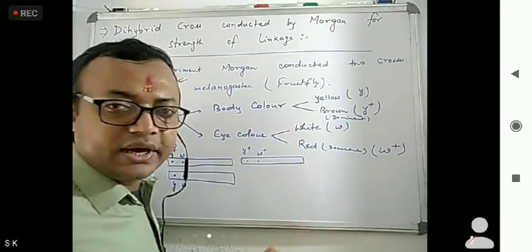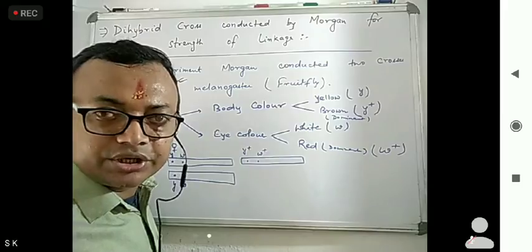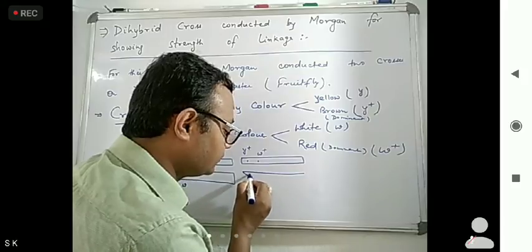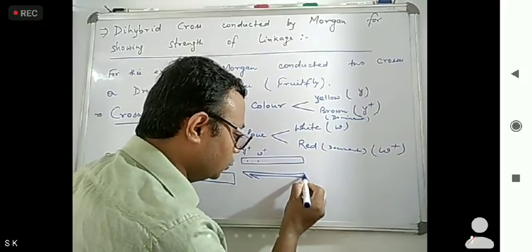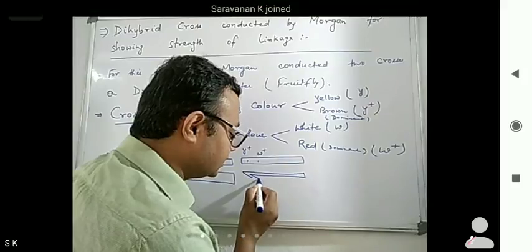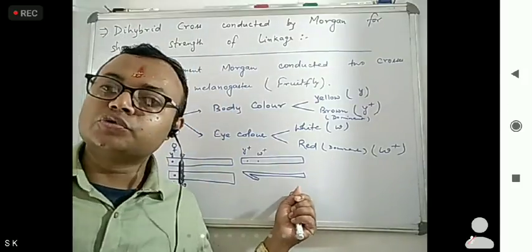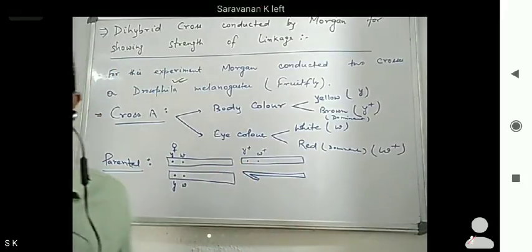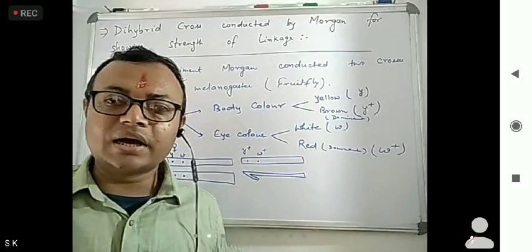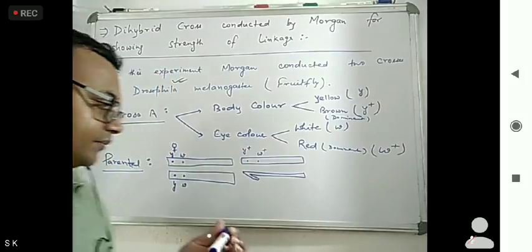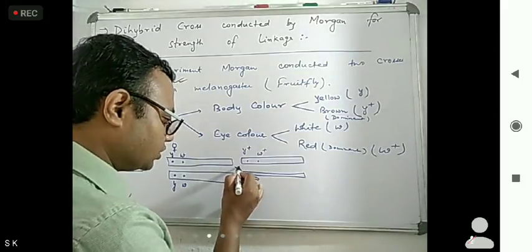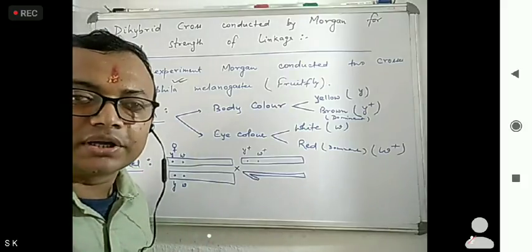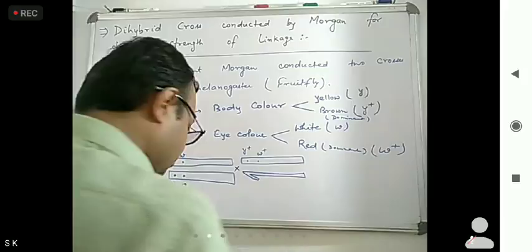Now we know that the XY chromosome structure is male. The Y chromosome does not have any role except fertility. And this is the parental structure. Then crosses occur in between these two. Then what results come? We will see what came in the F1 generation, then what came in the F2 generation. So come on to that.